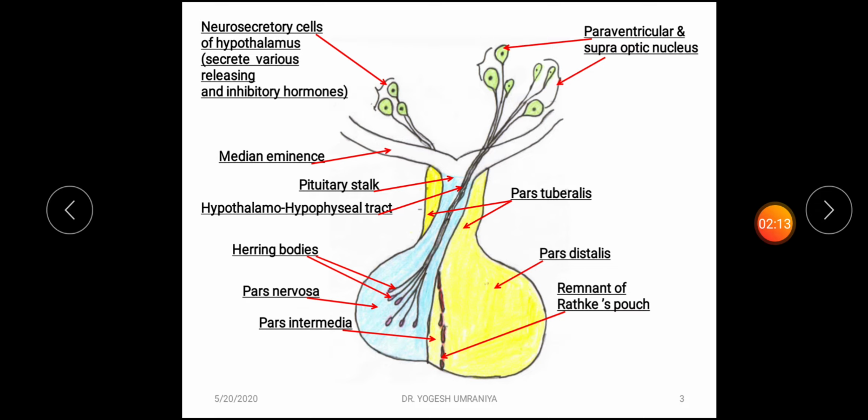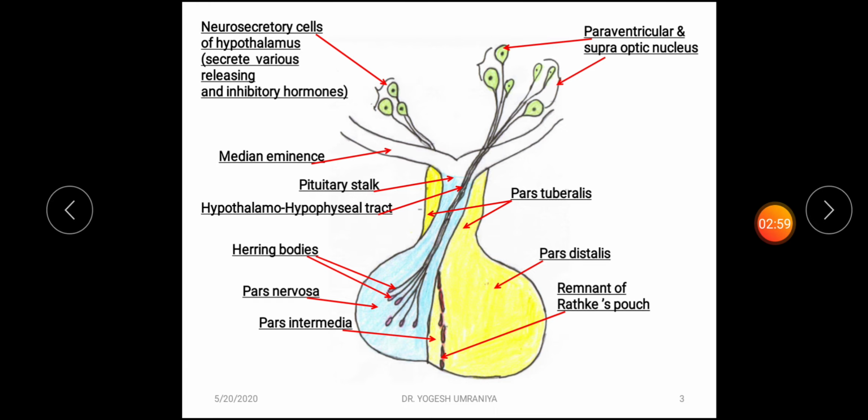Now, you can see here the supraoptic as well as the paraventricular nucleus. From these, nerve fibers arise and go towards this neurohypophysis, and here you can see the dilated structures at the ends of these axon terminals, termed the Herring bodies. This tract, going from the paraventricular and supraoptic nucleus towards the neurohypophysis, is termed the